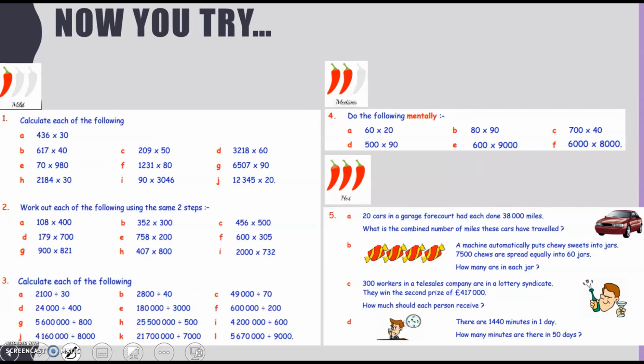And finally, the hottest level of chilies, the 3 chilies here. Question 5, you need to read these questions carefully and work out, are we timesing or are we dividing in these sums? Again, this will all be posted on Teams, so if you prefer to work from the worksheet rather